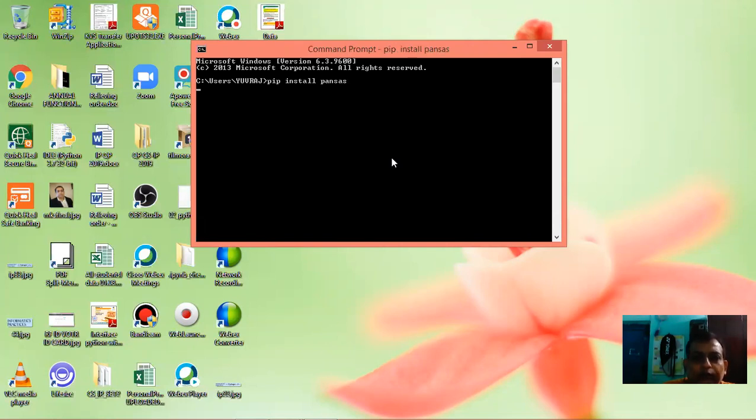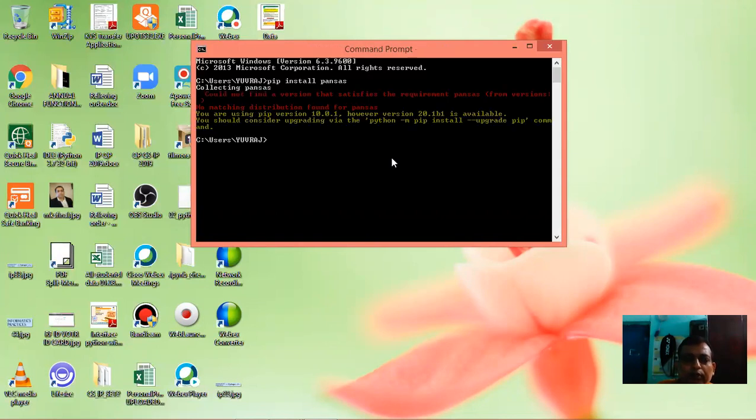Press enter. It will install the Pandas module. If you install Pandas, then there is no need for NumPy. It will install NumPy automatically.